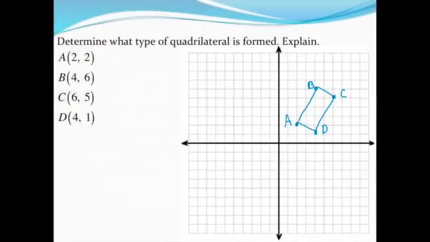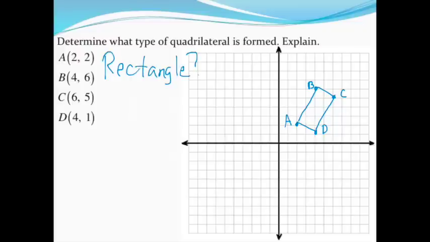Let's take a look at another way that we can use coordinate geometry to determine what kind of quadrilateral we're looking at. I've already graphed my points. If you haven't done that, you can pause the video if you're doing this with me. Otherwise, let's go ahead. I want to classify this quadrilateral, and even though we're not allowed to just say, oh, this looks like a whatever, and use that as proof, I'm going to use that as my starting point. Looking at this, I have a feeling that this figure might be a rectangle. Again, that certainly doesn't prove it, but it gives me an idea of where to